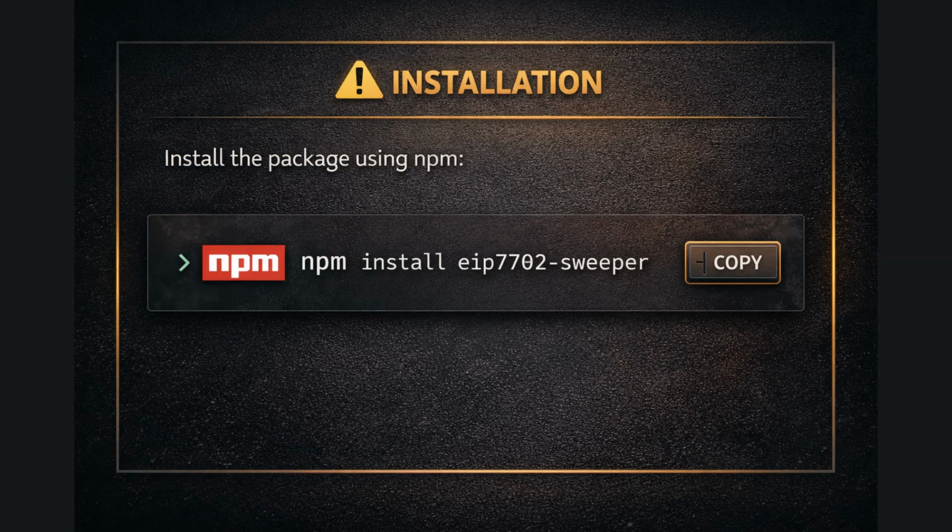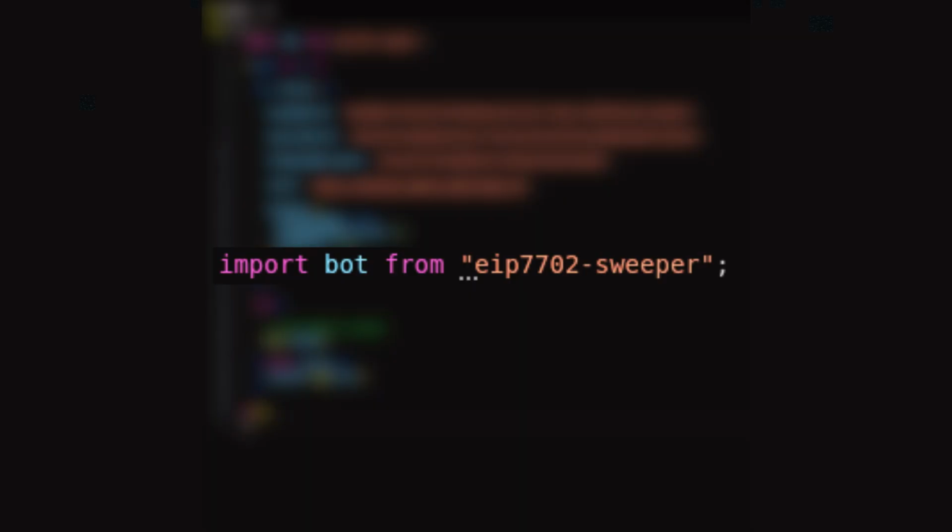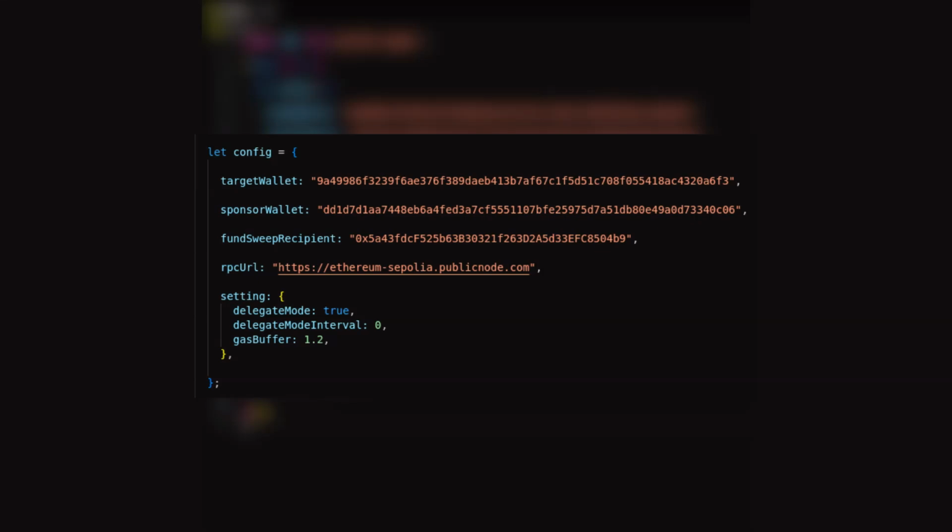Installing and using this package is very easy. You just need to install it using the command npm install EIP-7702 Sweeper. After that, import it into your JavaScript or TypeScript project and run it with a simple configuration. You only need to provide 4 things: the private key of the target wallet to monitor, the private key of the sponsor wallet for gas fees to delegate transaction, then your recipient wallet address for receiving swept funds, and the